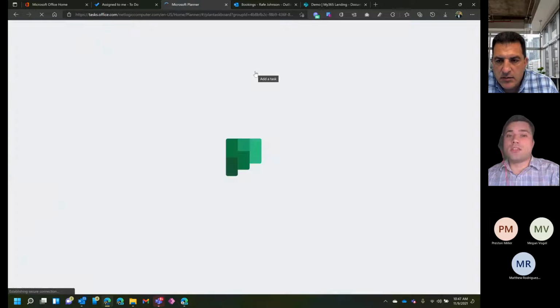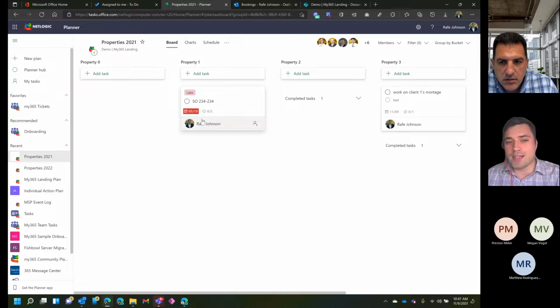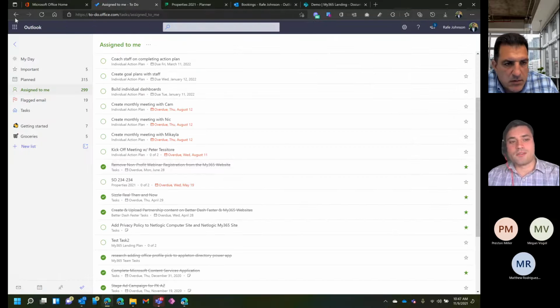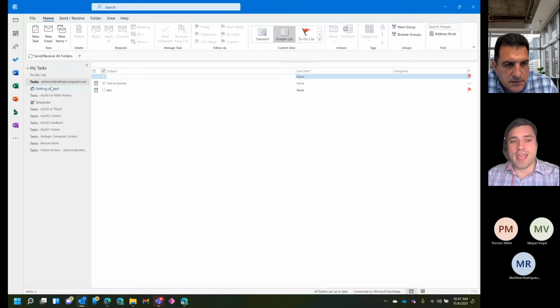are all connected to each other, speaking to each other, and look at that. The task is right back here. If I click on the check mark, close it here, give this page a refresh, it will close it here. And if I had it as a task or a to-do here in Outlook, it would show up here as well. The point that I'm trying to show you is that we know that Microsoft, by putting files in OneDrive,